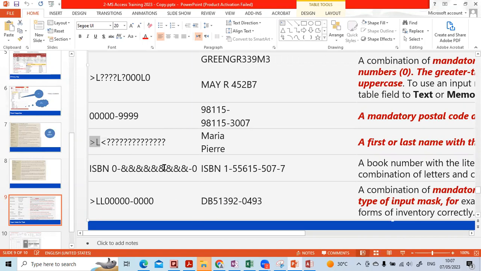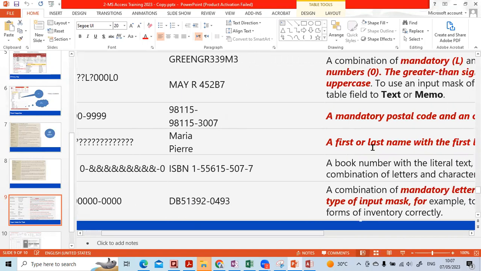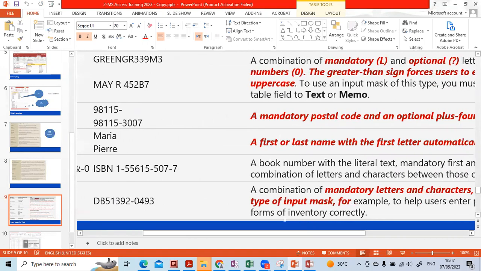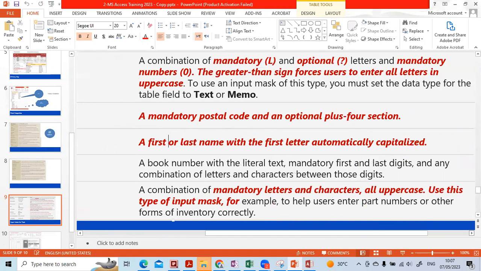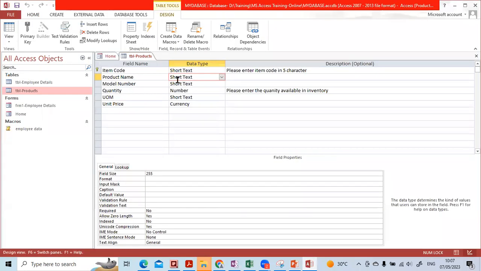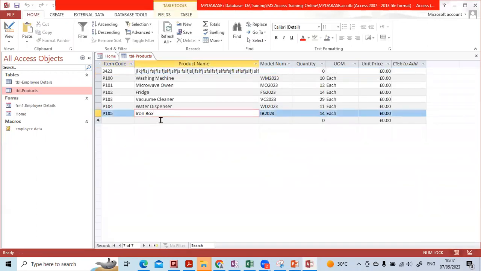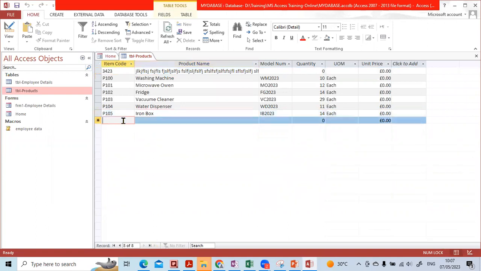What does it mean? The description is given here: the first letter is automatically capitalized. So when you put L in the first place, it will capitalize whatever you enter. Let us take, for example, product name. Let us first see what happens actually. Say product name. Let me enter here, say I have product